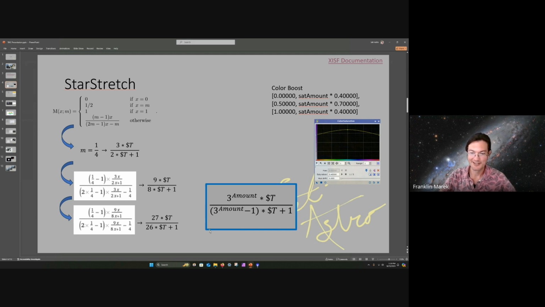I got a chat bot that's willing to help me code a little bit here. And I decided to put in a little color boost too. Nothing scientific about the color boost. I just did it so my stars look pretty, and apparently it worked well, right? A lot of people like the color boost. So that's really what got me into scripting and doing this first thing, just getting a good stretch for your